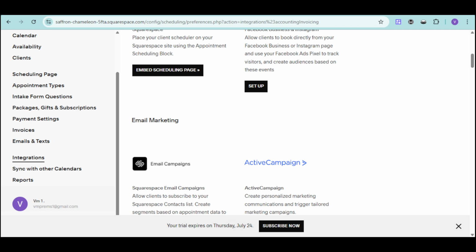Now, we actually know that Acuity Scheduling does not directly integrate with Afterpay for appointment bookings. However, Afterpay is primarily available for physical products sold through Squarespace Commerce, but it's not available for services or appointments booked through Acuity. Now, if you want to connect your Acuity Scheduling to payment processors like Stripe, you can head